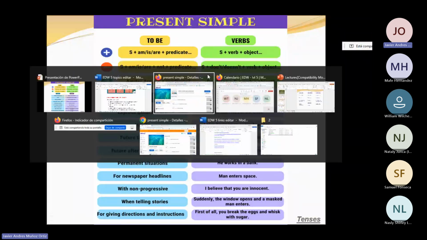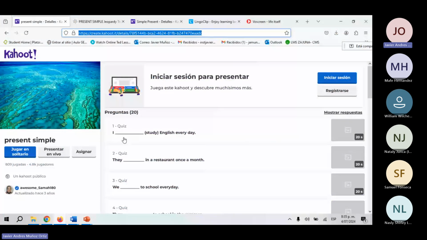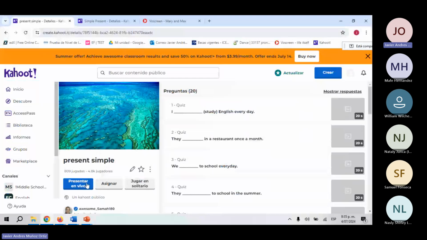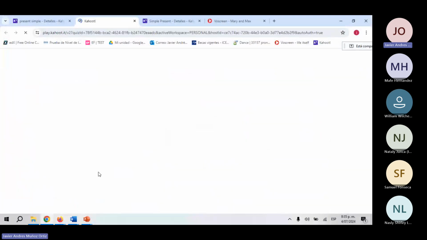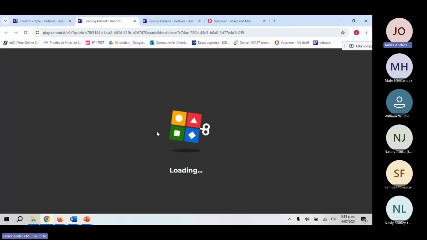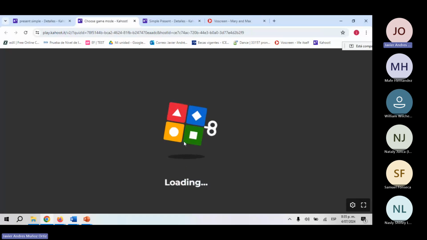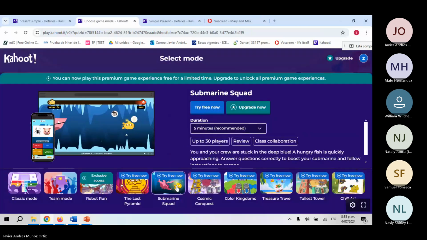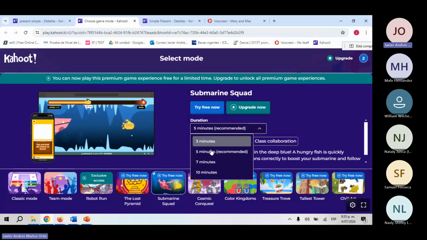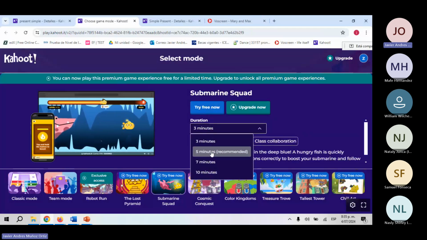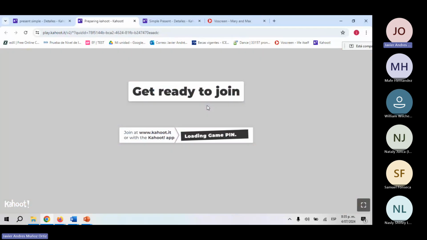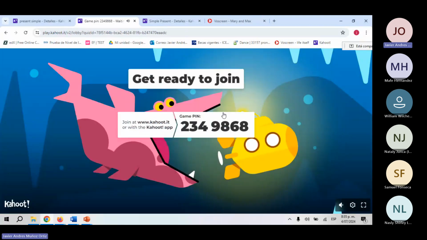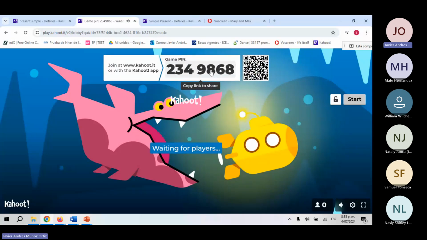And before I present the theory, I want you to practice a game. In this case, we are going to be part of a ship, a submarine. We're going to work together because we are a lot. Yeah, 3 minutes. Or 5? Yeah, 5. I'll give you the link first, and then I'll tell you the instructions.